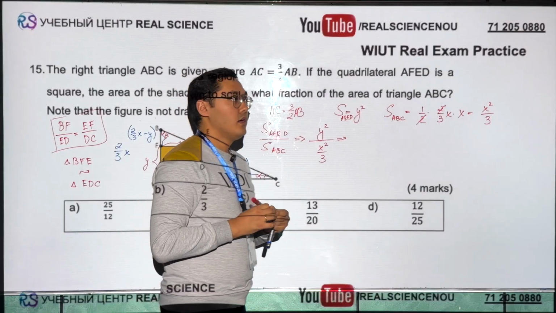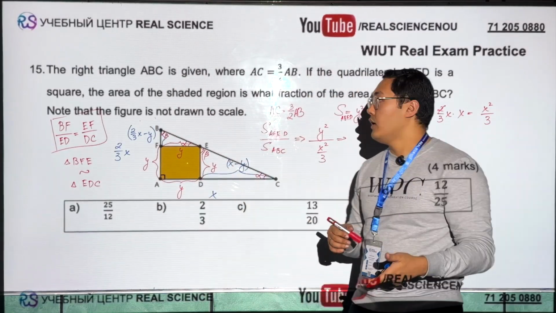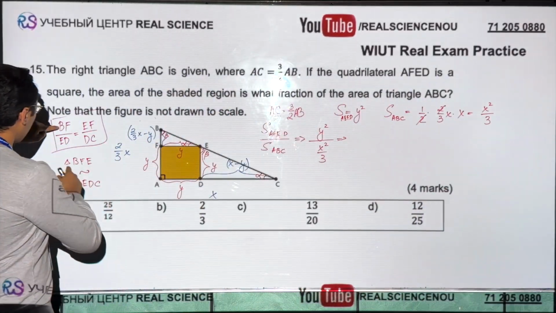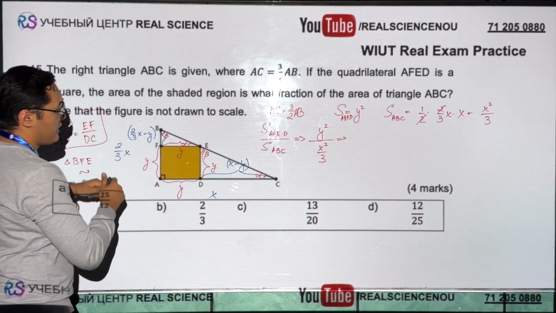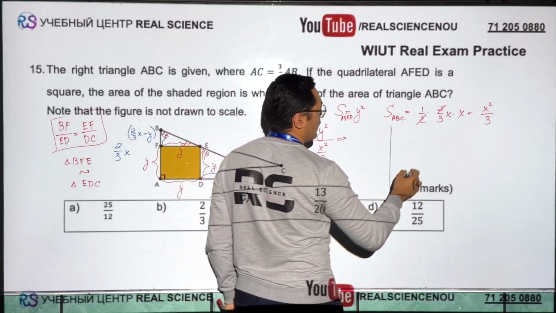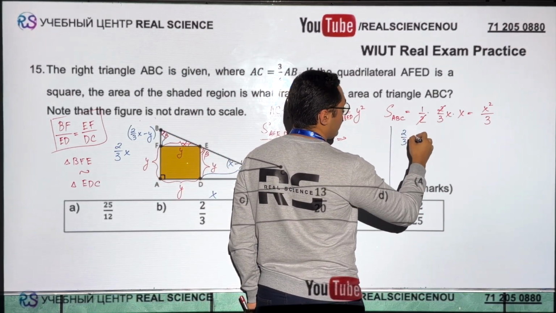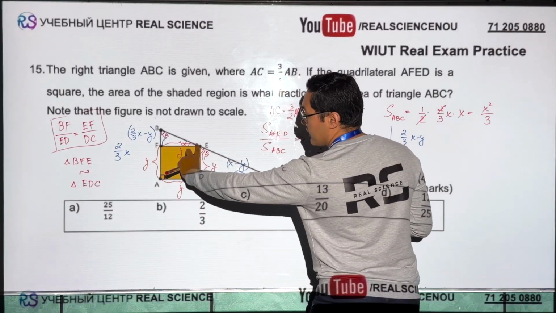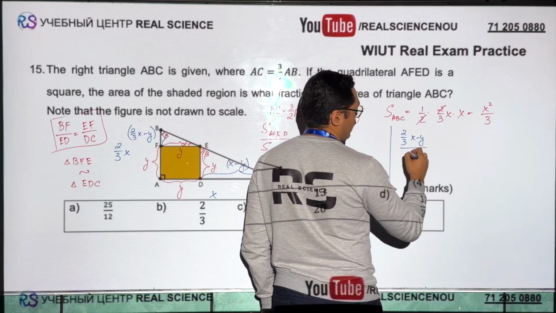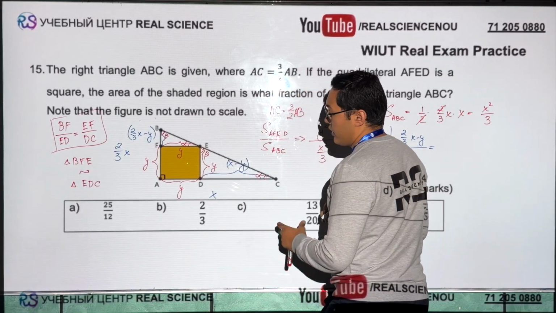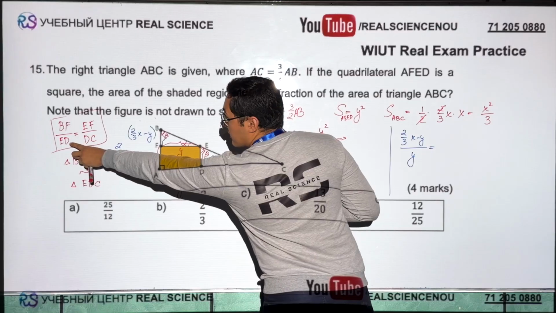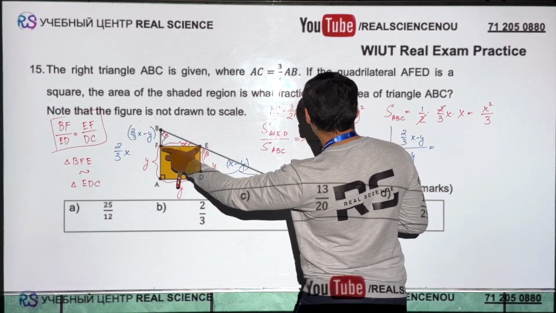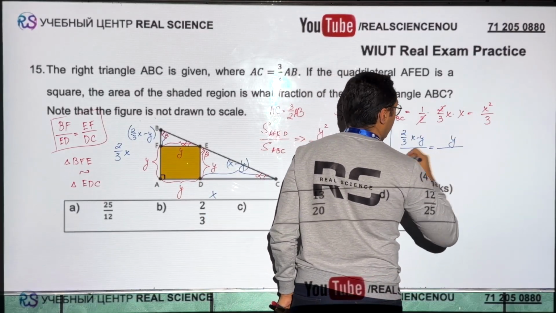Now we can find x in terms of y. And to find x in terms of y, what we can do is use this BF divided by ED. What is BF? That's basically just 2 over 3x minus y, divided by this side, which is just y, divided by y, whereas this side EF, where is EF? EF, this is y, divided by